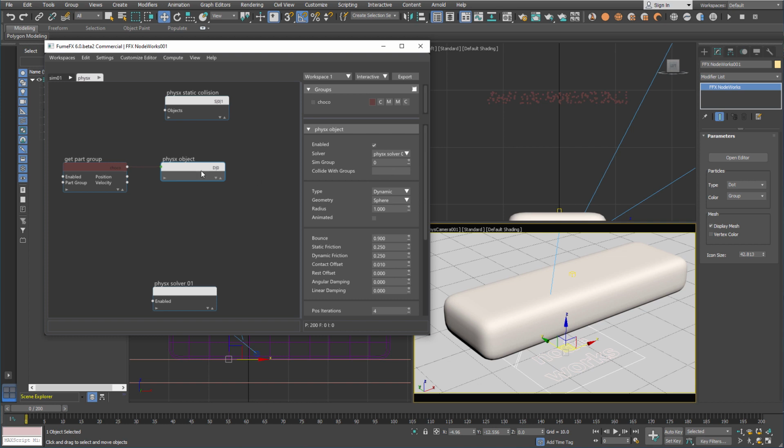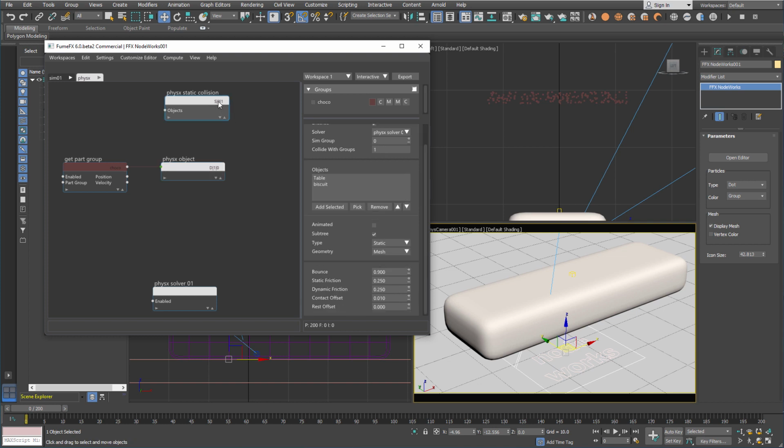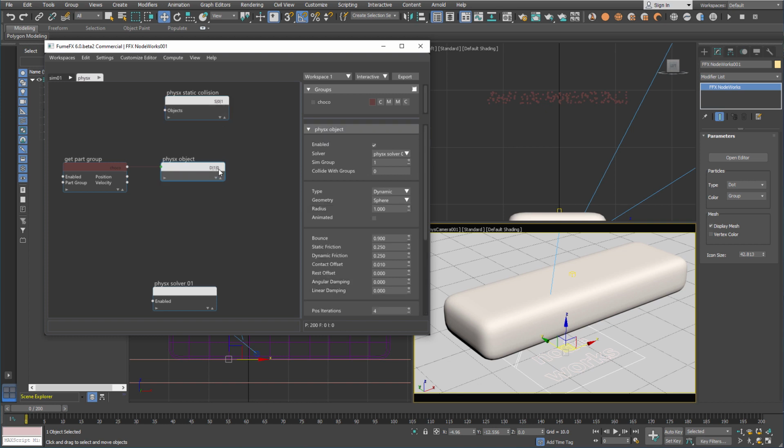For a start, these particles are going to collide. We're going to name them group 1 and let them collide with physics group 0. So this is physics group 0 and collides with group 1. This is physics group 1 and collides with group 0. This is a dynamic collider type because those particles are moving, and we'll use sphere geometry, but a little bit smaller, 0.1. We don't want them to bounce,